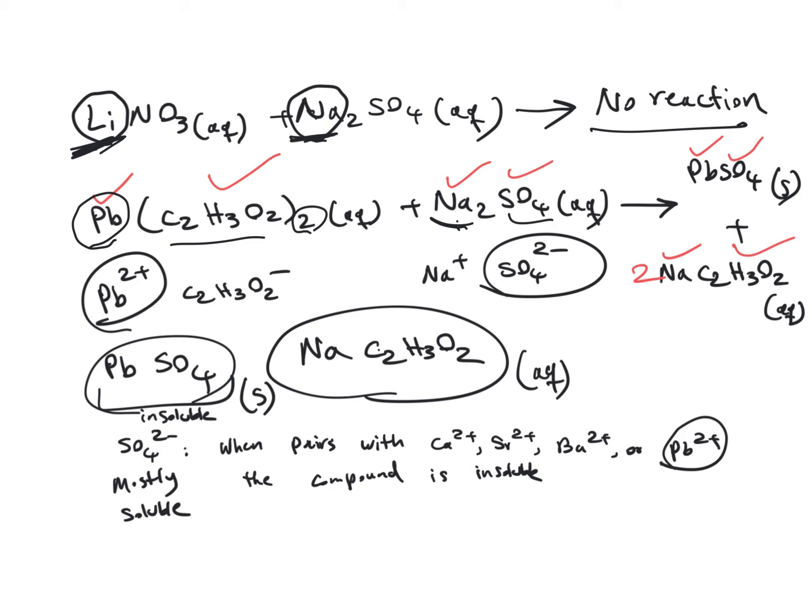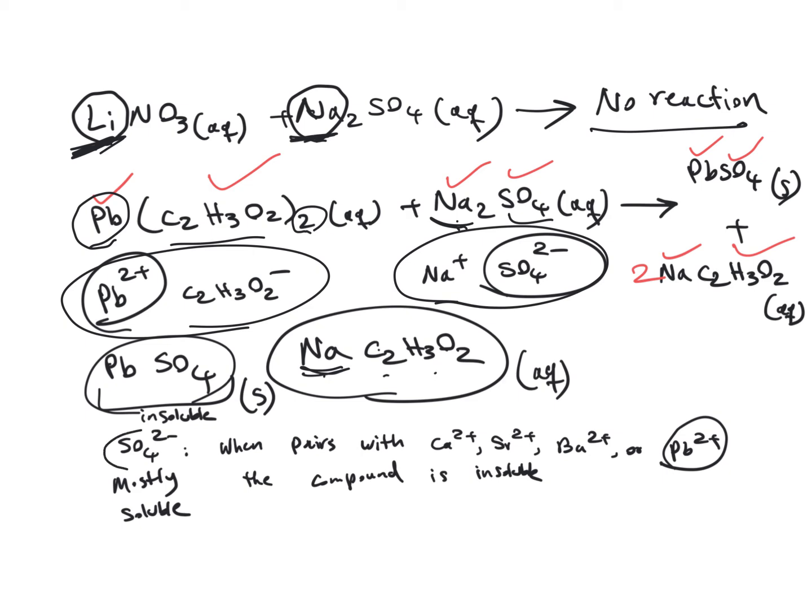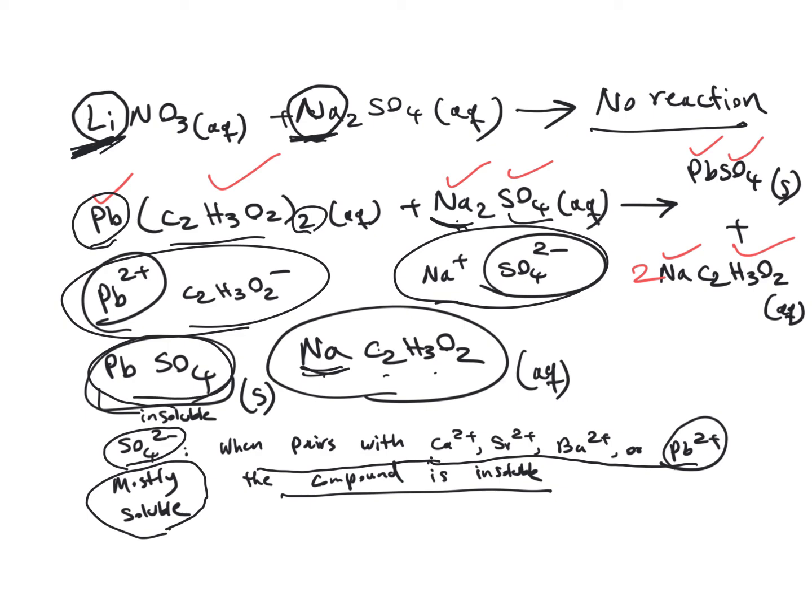And we know sodium, so we write the constituent ions. Sodium acetate, C2H3O2, is soluble. For sulfate, we know that SO4 2 minus is mostly soluble, and if we refer to table 7.2, it is mostly soluble, but when it pairs with calcium, strontium, barium, or Pb2 plus, the compound is insoluble. So for that matter, PbSO4 is insoluble. So we would be having a precipitation reaction, and we write PbSO4 solid plus sodium acetate, aqueous, and then we